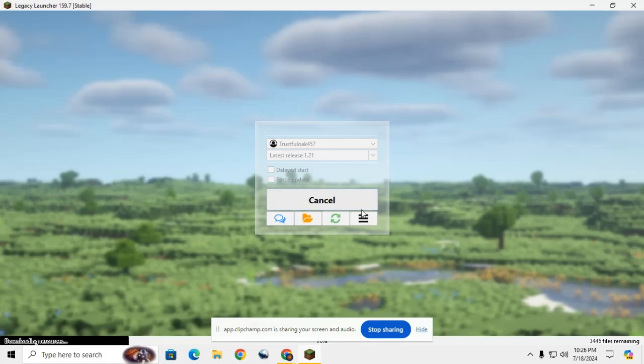So guys, then there are only 3000 files remaining, which is a big number, but it's not big for installing this launcher, because this launcher had, I think, 15,000 and only 3000 are remaining. So we'll just wait